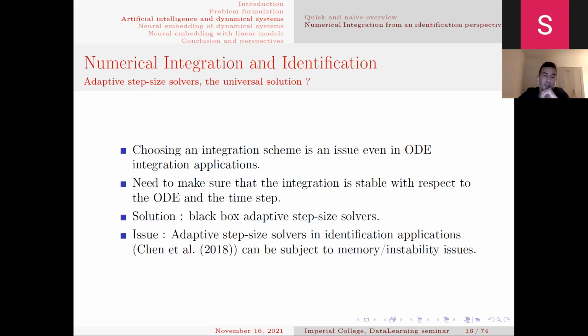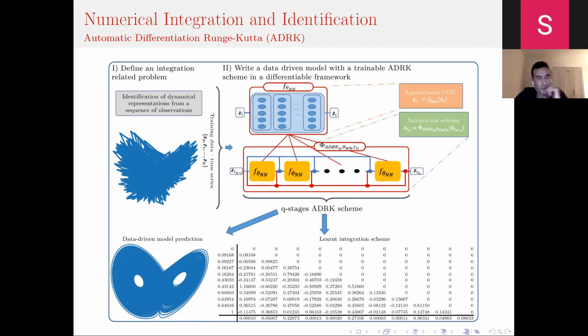And if we use, as proposed by Chen et al. 2018, an adjoint sensitivity method in order to compute the backward pass as the solution of an augmented ODE that is integrated in backward time, integrating ODEs in backward time is an extremely ill-posed problem, and it can lead to instability issues. So from here, what we proposed is to